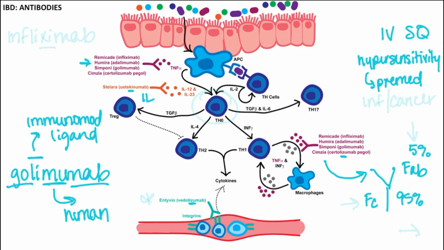Now, if the central region is an XI, like in infliximab or Remicade, this means that that antibody is a chimeric antibody. And this will have a human Fc region, but the Fab region will be from another species, like with infliximab, which has a murine Fab region. And this has the most foreign protein component, so this is going to be the highest risk for infusion reactions